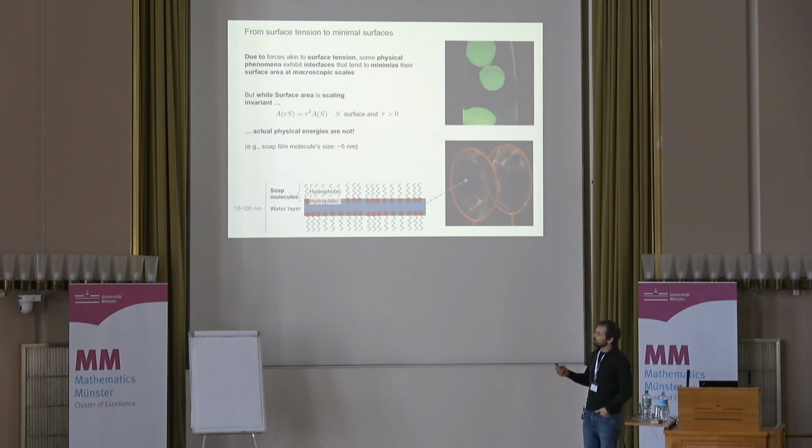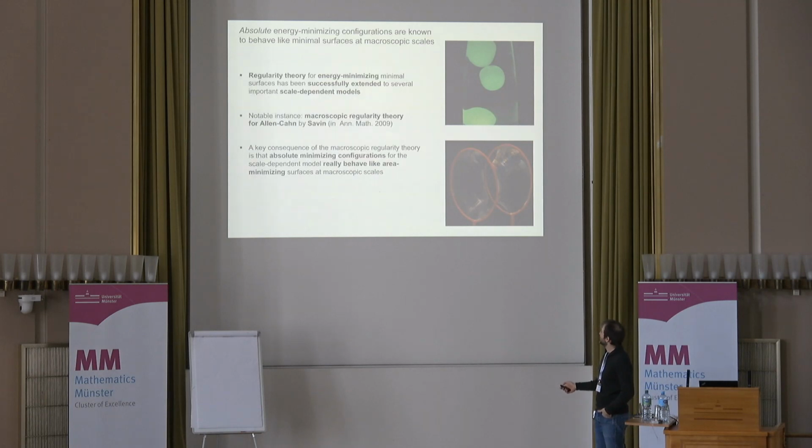For instance, the quintessential example of an area minimizing surface in physics is a soap film. If you go to a very small scale, of size comparable to a molecule of soap, that is about 5 nanometers, it doesn't make any sense to say that the thing looks like a surface. It's a 3D thing when you zoom in enough. So you see something more of this type of structure.